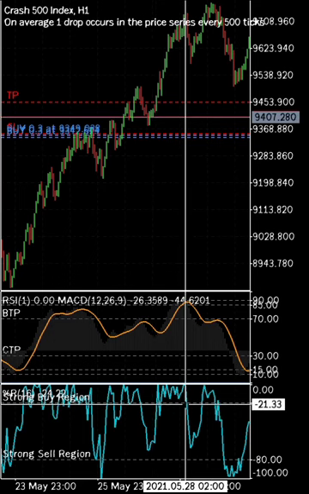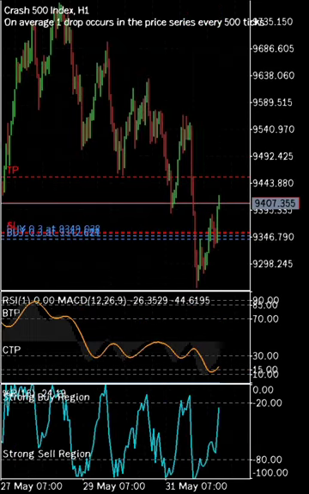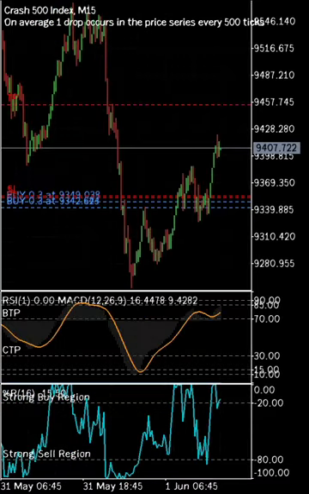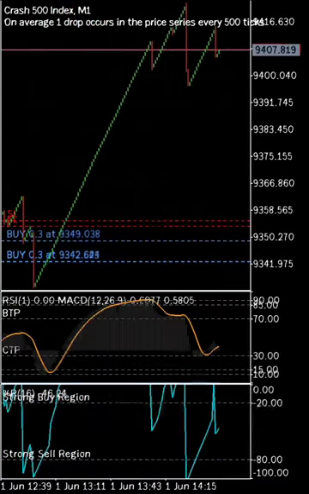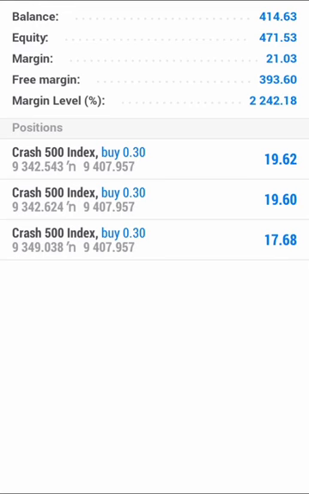So what you want to do for your entry is that after coming to the 1 hour to confirm the strength of price, because basically what I do is I don't exceed the 1 hour. I come to the 1 hour to check for the strength of the market, the strength of price, and then I enter for either a buy or a sell. Then after checking it on the 1 hour, I break it down to either 15 minutes or directly to the 1 minute. As you can see, I'm on a trade right now, which I'm on profit, like crazy profit. Sorry for that. I'm in profit.